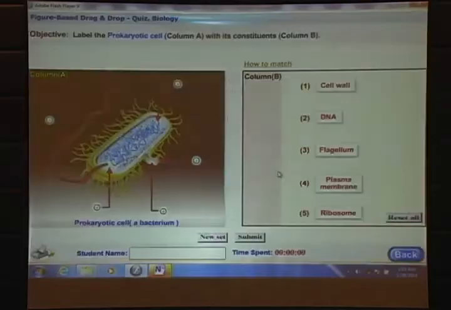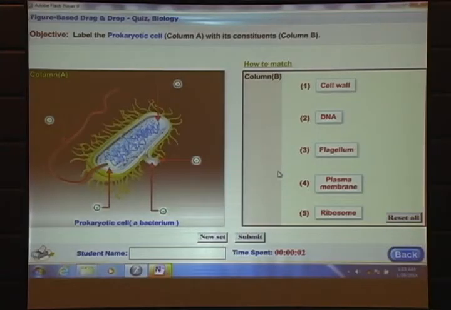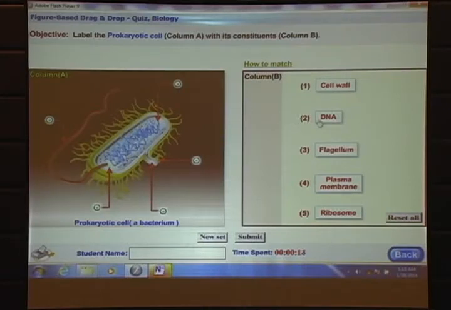Now, figure-based, especially in biology subjects, because figures are so common and so complex most of the time. Now here, which biologist can help me? What is this for? I think, let me guess it, it's DNA. And what is this for?